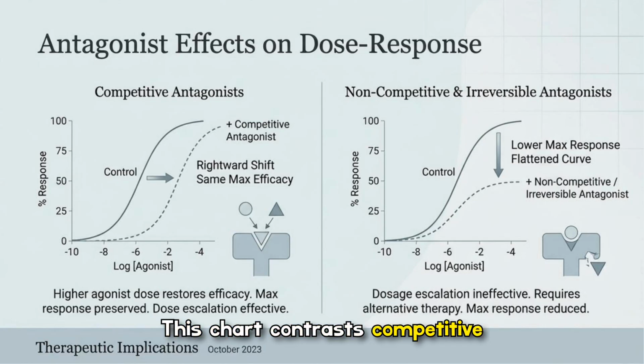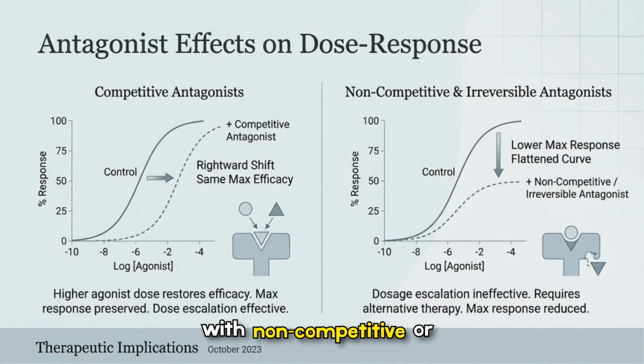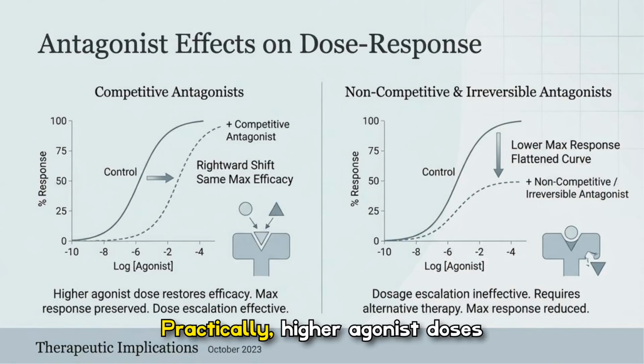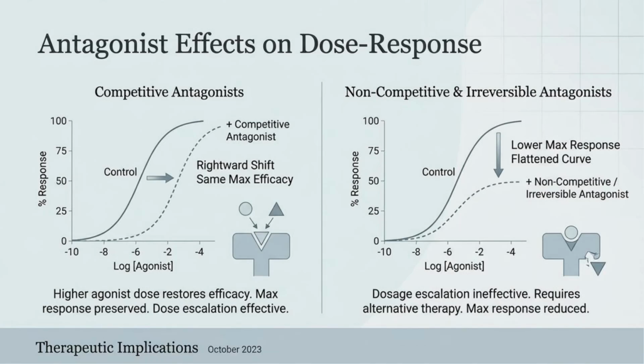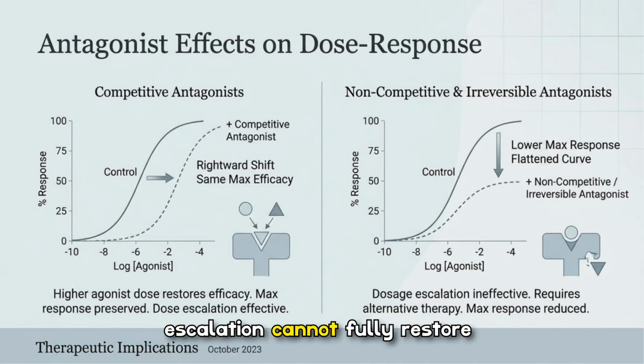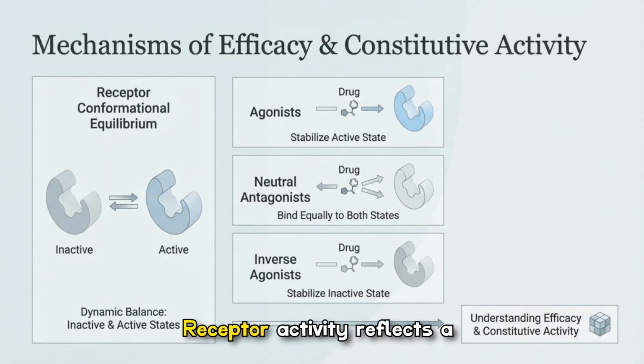This chart contrasts competitive antagonists, which shift dose-response curves rightward but preserve maximal efficacy, with non-competitive or irreversible antagonists that lower the maximum response and flatten the curve. Practically, higher agonist doses can overcome competitive blockade, while irreversible antagonists require alternative therapies because dose escalation cannot fully restore efficacy. Receptor activity reflects a dynamic conformational equilibrium between inactive and active states, and efficacy arises from how drugs shift